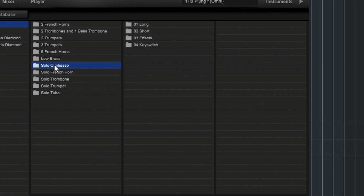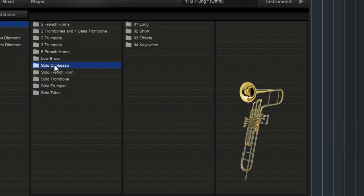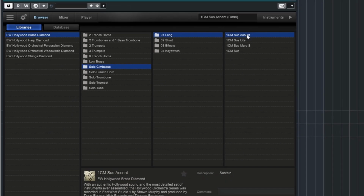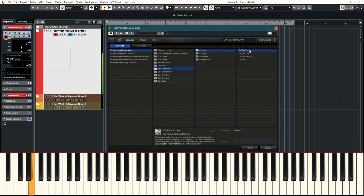But anyway, it's great. Simbasso is kind of, if you take a trombone and a trumpet and put them together and bend them in half, and then you get a very weird looking instrument. It's really good for those low, nasty sounds, especially in big bombastic movies, you know? It goes really low, so you can...